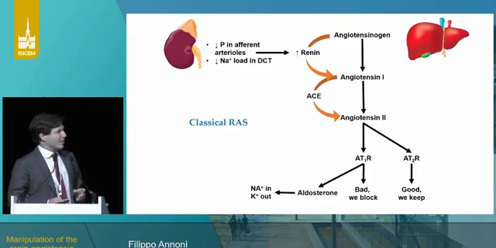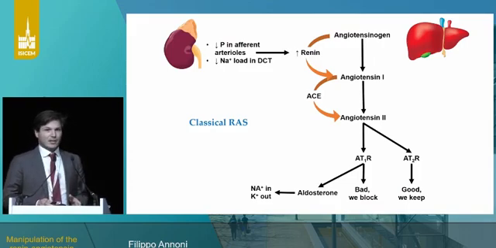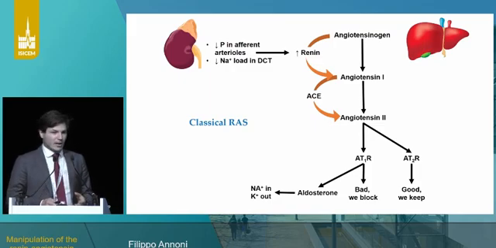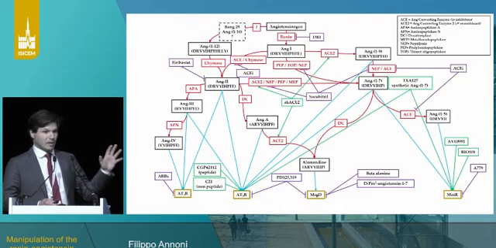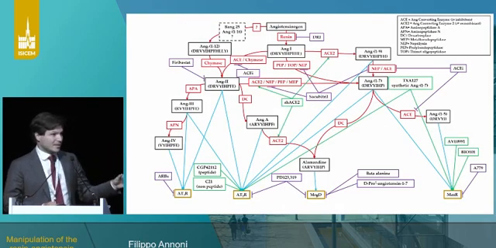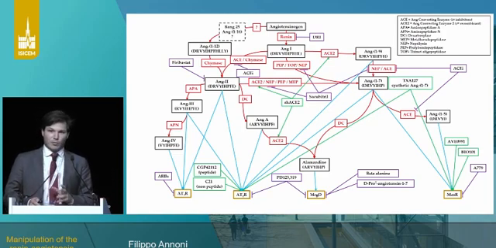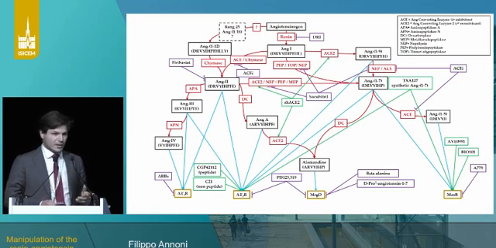Our knowledge about the renin-angiotensin system has dramatically improved over the last decade. We have moved from a linear, slightly simple cascade of biochemical reactions that leads to a couple of effectors, including aldosterone, that tightly regulate water and salt homeostasis in the body, to something that looks a little bit more like this. This complex yet schematic representation of the RAS in the brain serves just the purpose to show you how many compounds, effectors, and enzymes have been characterized, studied, and developed in the past few years.